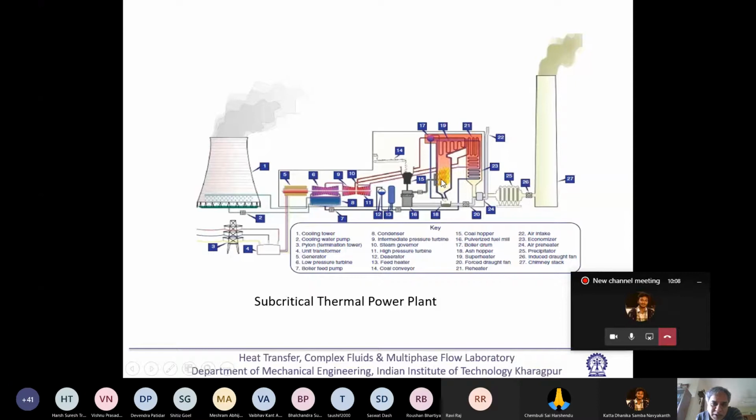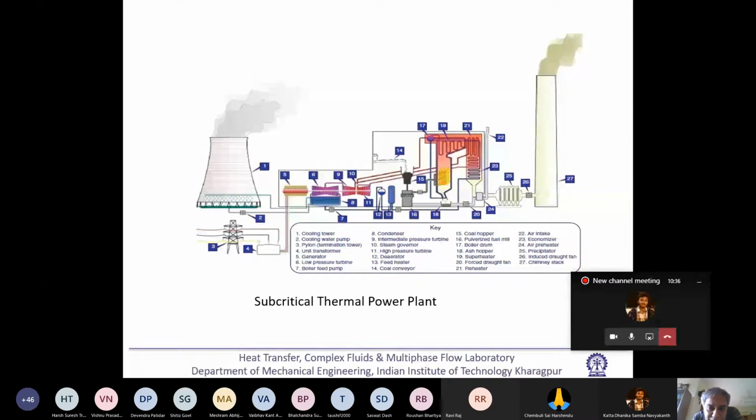So by the burning of coal, there are two types of ashes produced. One is called bottom ash. So bottom ash is getting collected over here, and another is very fine. This is called fly ash, or sometimes it is also called top ash. So this is getting separated over here. It is a precipitator. An electrostatic precipitator could be there, or some other kind of separation device will be there. When the time comes, I will explain it.